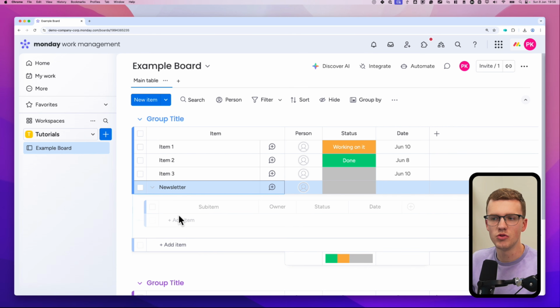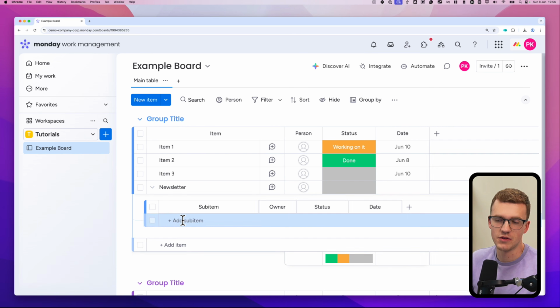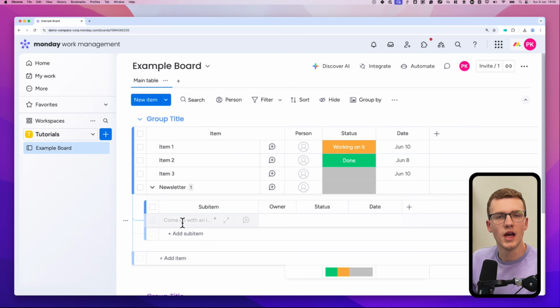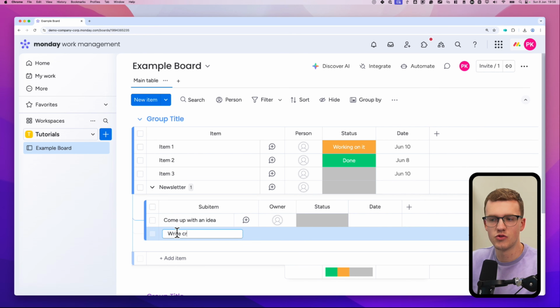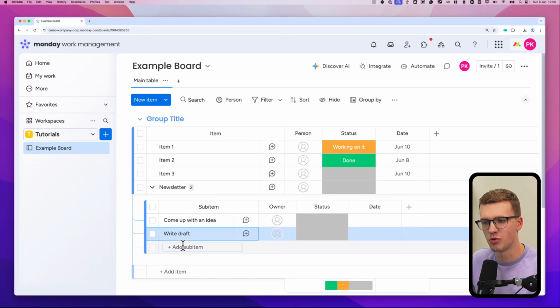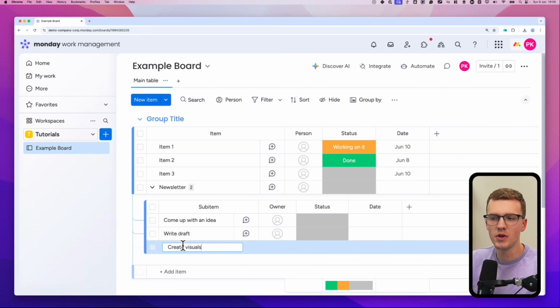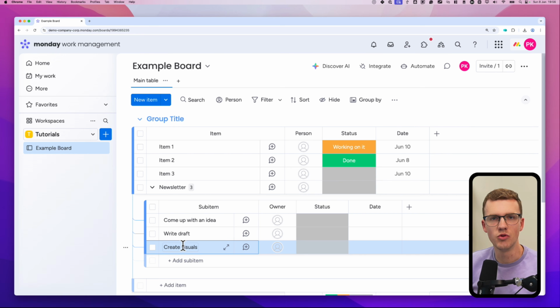We always need to, for example, as a first step, come up with an idea. And step 2 is, for example, write draft. And step 3 is, for example, create visuals. There's probably always a certain list of things you need to do. But you don't want to keep copy and pasting all these tasks every single time you create a new newsletter